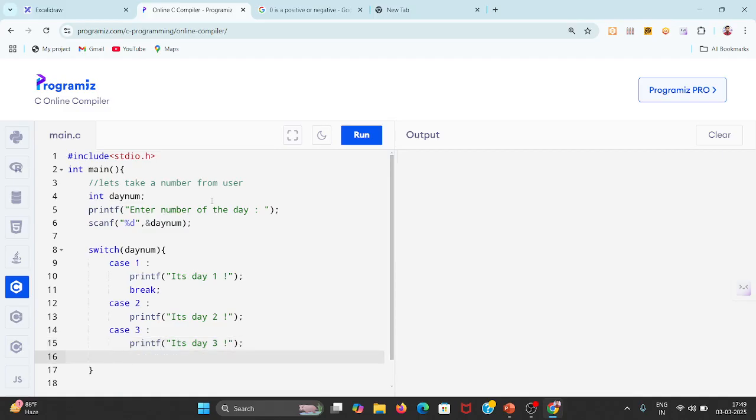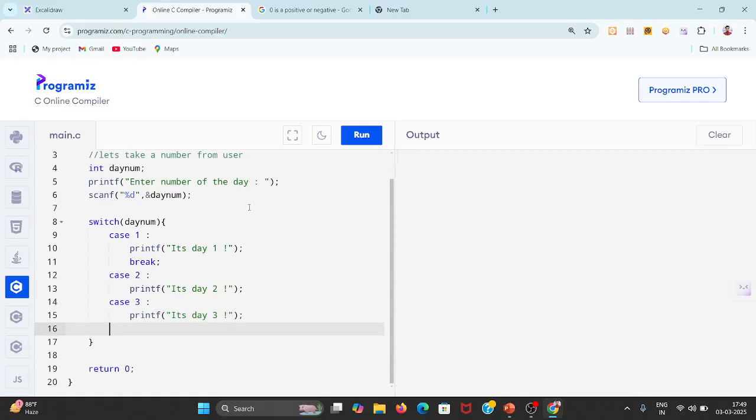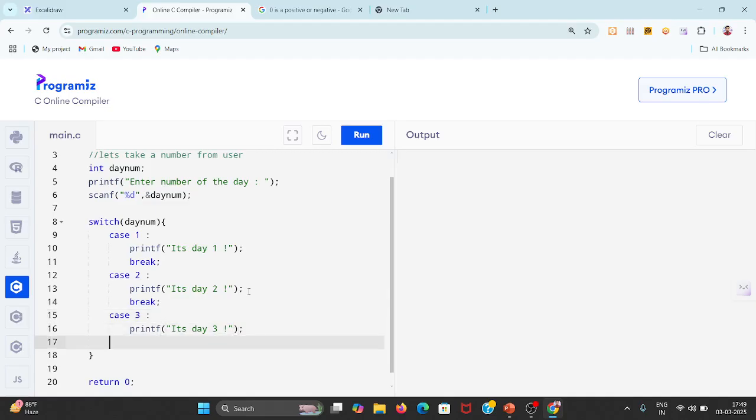And you can set a default case. What mistake I have done, I have not given a break statement here. Here also I have to give a break statement, correct? Break statement. After that, default, and in default, if no input matches,